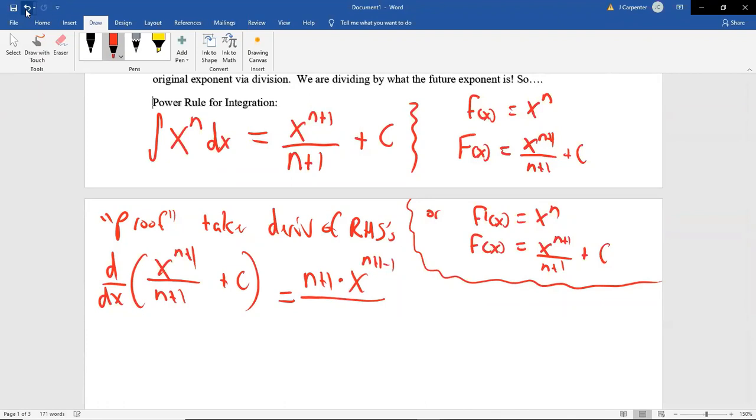divided by, now you might notice this is a terrible looking product. We have to wrap it in parentheses. That n plus 1 is still on the bottom. Then there's the plus. The derivative of a constant is 0. The n plus 1's here cancel, so that's just an x. The plus 1 and the minus 1 cancel, so we get x to the n. QED, that means quod erat demonstratum. It means proof, proved, done, finito, finished.